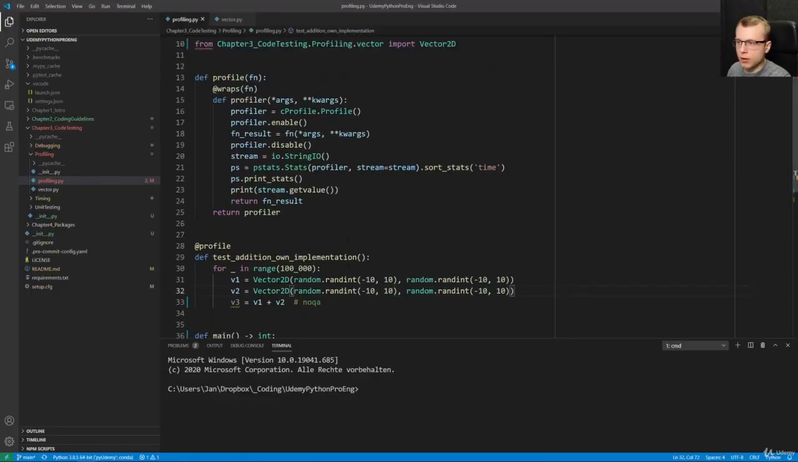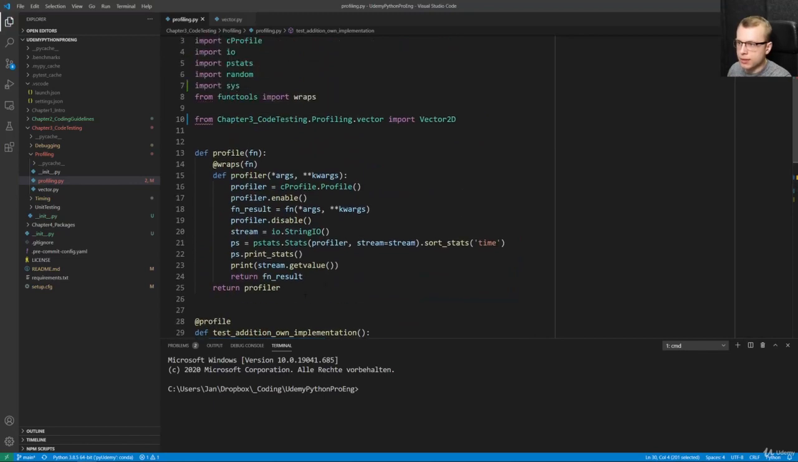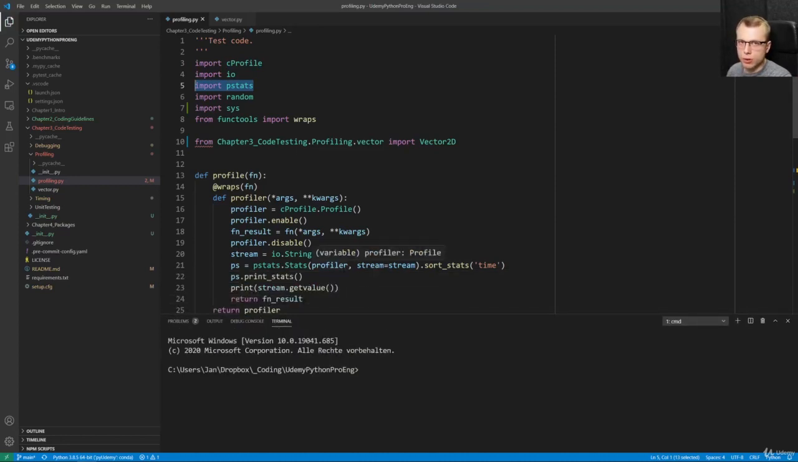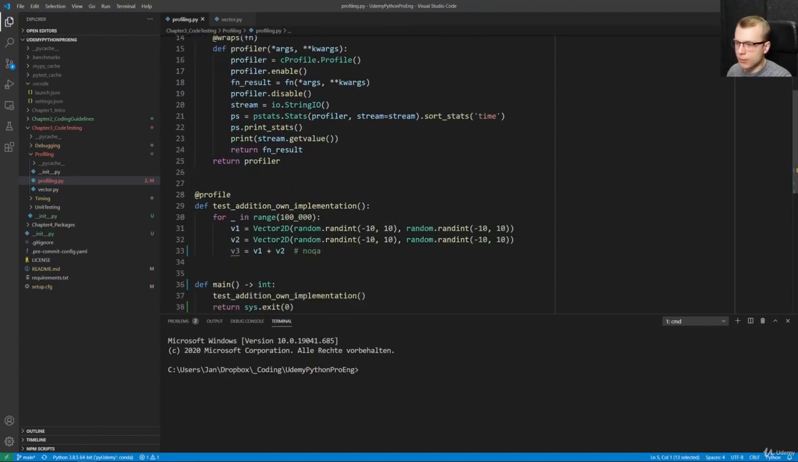So I have prepared a little code here where we just carry out our vector addition 100,000 times, for example. It's just the same code as in the last video. And here I have prepared a little function that is called profile that uses this cProfile module from the standard library. Also, as pointed out in the documentation, I use here the pstats module that will create a pretty nice console output for us to see how much time every step of our computation